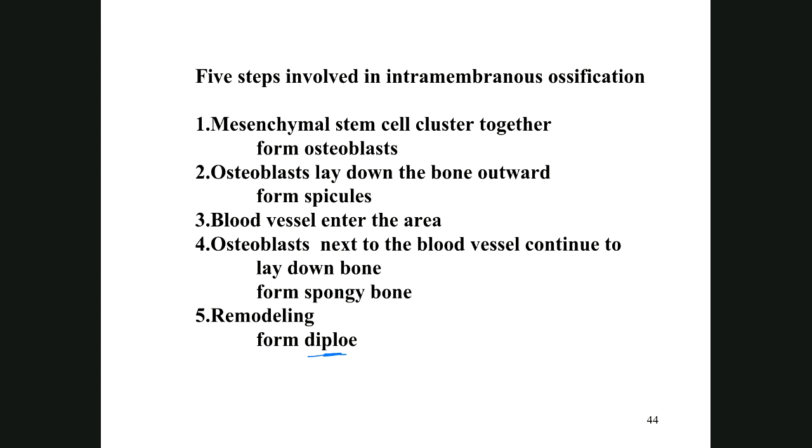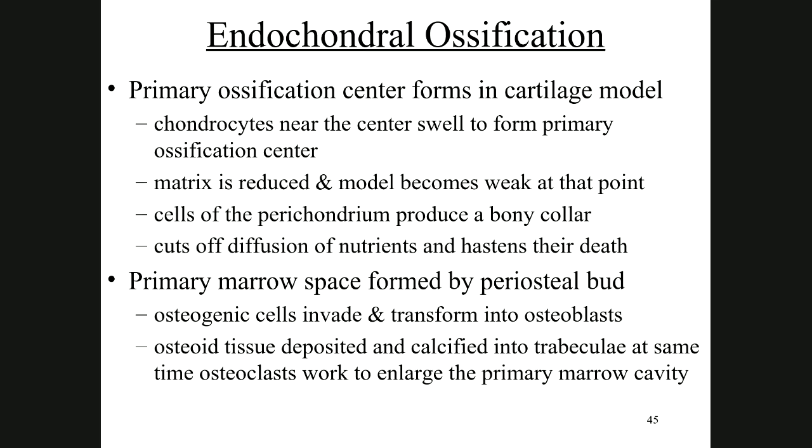Okay. Two questions. Five steps are involved in intramembranous ossification, which is usually bone from the neck up. And then finally, before you leave today, any bone from the neck down besides the clavicle is made by the process known as endochondral ossification. Again, you start out with cartilage, and it calcifies. So, what are the cells that are involved in making the cartilage? It's called